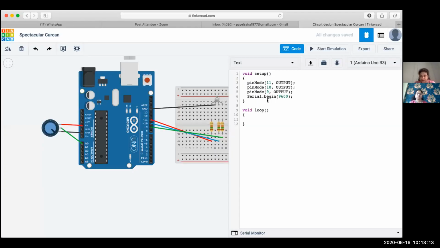Pin numbers 11, 10 and 9 are set as output pins, and we initialized the serial monitor with the instruction Serial.begin at a speed or baud rate of 9600. Now what I intended to do was see what values are generated by the A0 pin, and print those values on the serial monitor. For that, I'll type the command